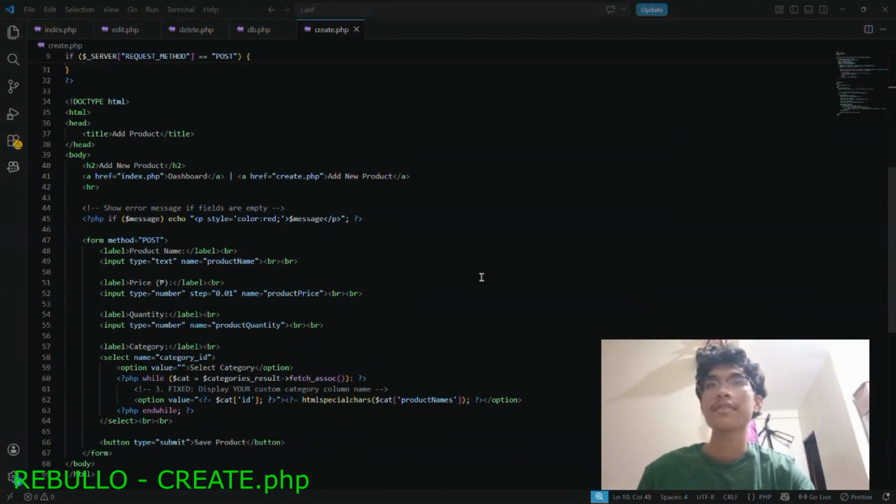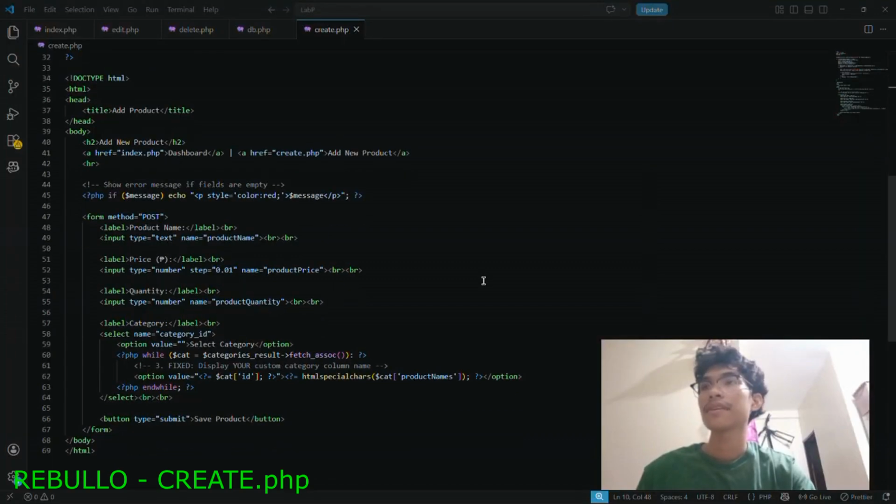As we can see here in the HTML, there is an add product h2, an href link for the dashboard, then the message, and the form fields like product name, price, quantity, and category.